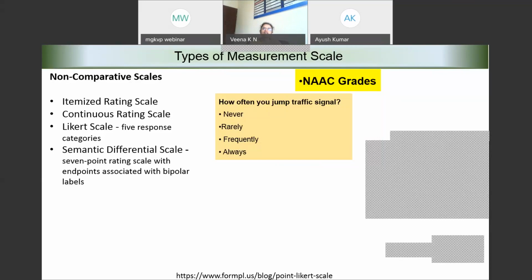Is the difference between never and rarely the same as rarely and frequently, or frequently and always? Is the difference the same? Somebody is saying yes.